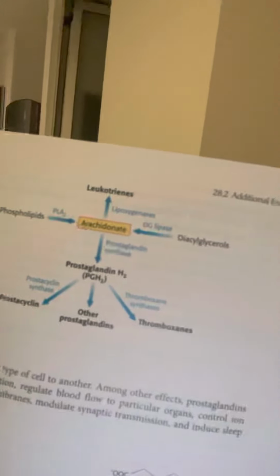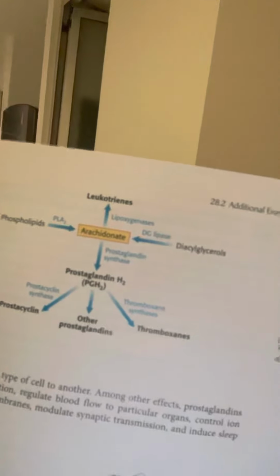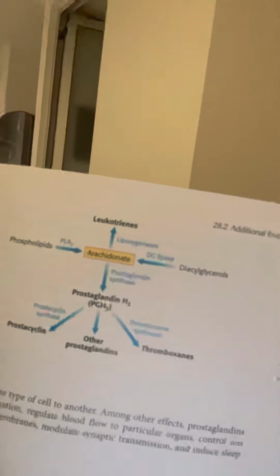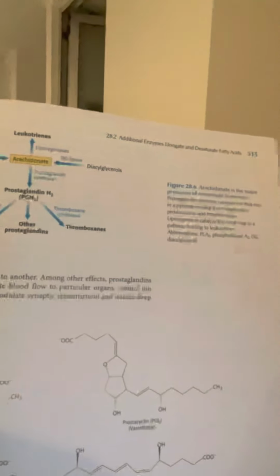And I will identify this structure here, and you can see at the top how it all starts from the arachidonate, and you have the different pathways. And down here at the bottom